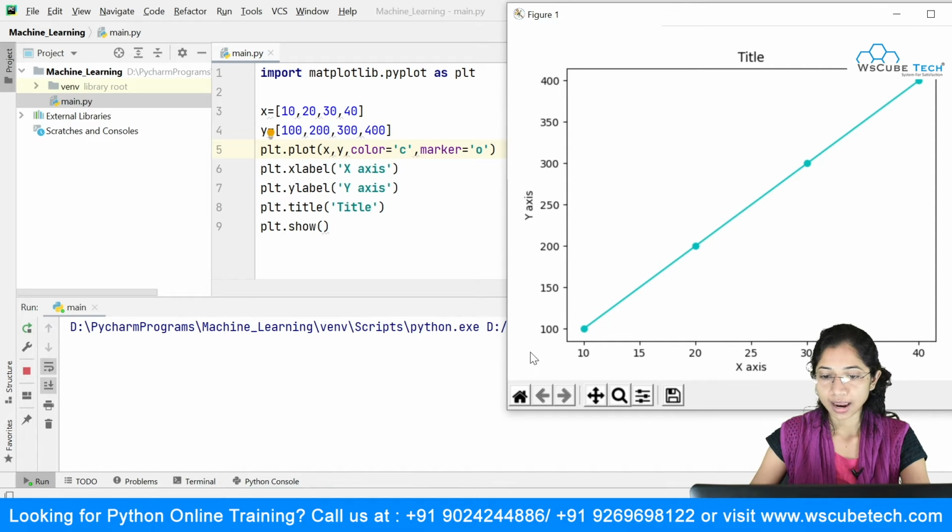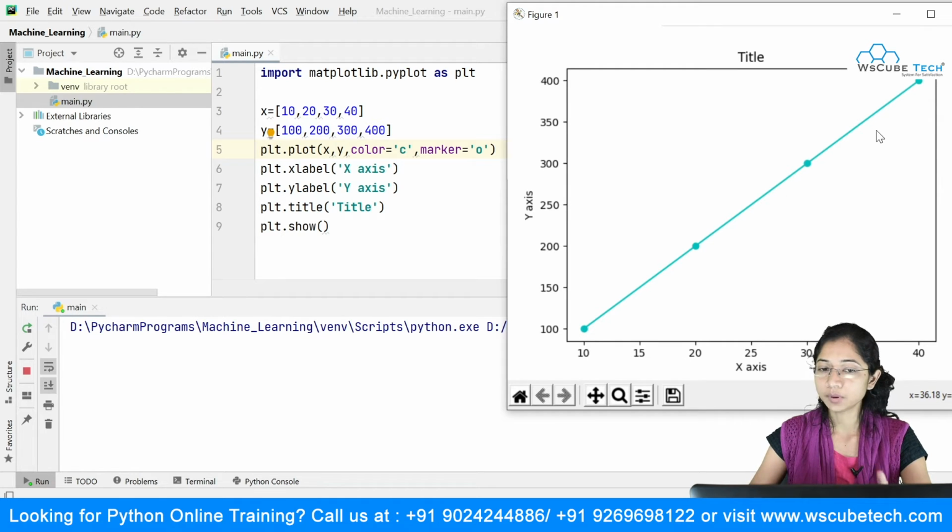At 10 and 100, I got a marker over here. Then at 20 and 200, this is another marker. Then we have 30 and 300, another marker, and similarly 40 and 400, another marker over here. So this is nothing but the marker.